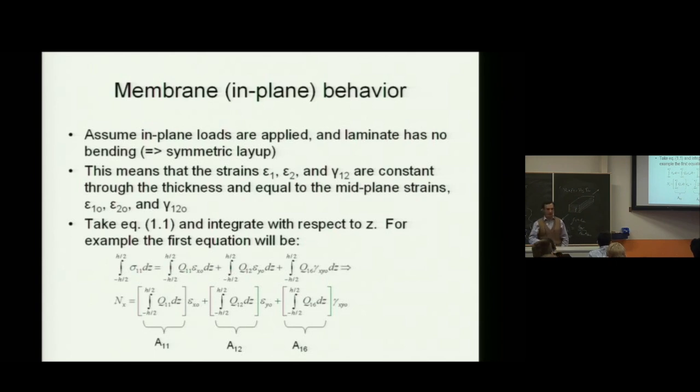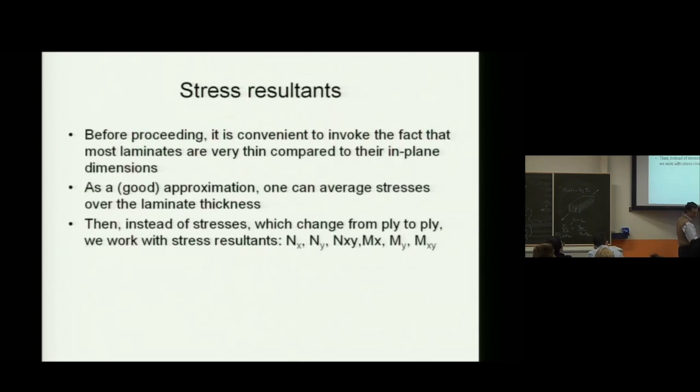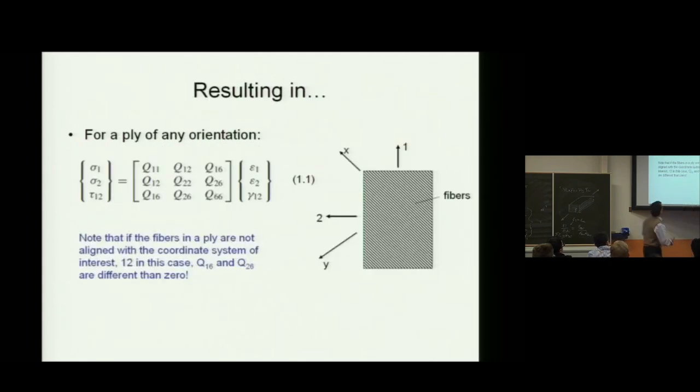And traditionally we put a 0 or a naught to denote the mid-plane strains. So mid-plane strains, epsilon 1, epsilon 2, and gamma 1, 2. Now if I take that relationship from before, which was, 1, 2, 1, 1. I take this, which is the general expression of stress-strain equations. I integrate that